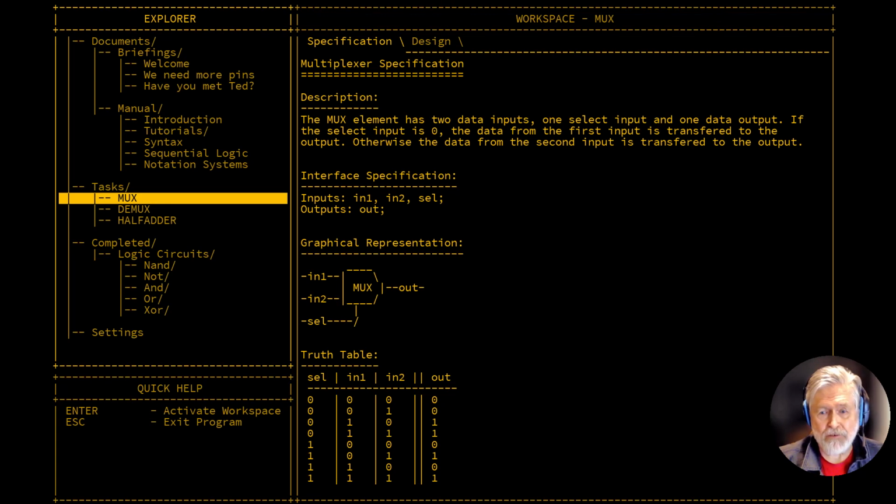In today's video, we're going to be looking at a couple of the tasks that we unlocked in the last video. In our last video, we unlocked the multiplexer, the demultiplexer, and the half adder. And today we're going to look at the multiplexer and the demultiplexer, and we're going to save the half adder